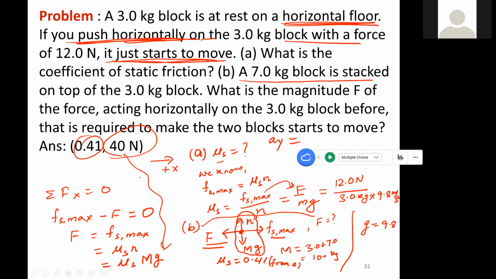I know this may not necessarily be the case every time, but in this particular example, if you see that the difference between part B and part A is simply a change in mass, can you just use the final equation you ended up with in part A, where mu s equals F over mg, and just plug in the new variables? Yeah, if you can understand what's going on, you can do that, yes.